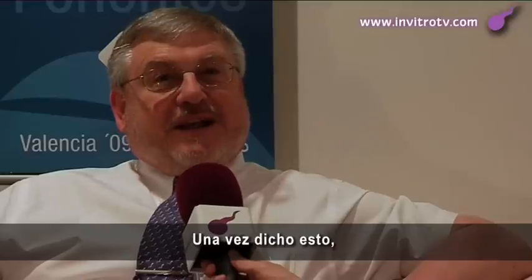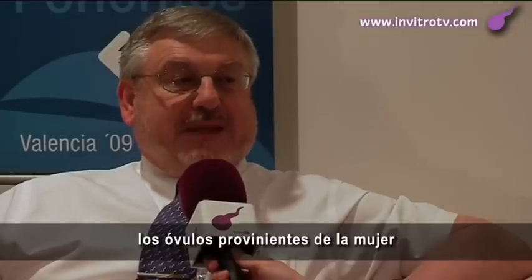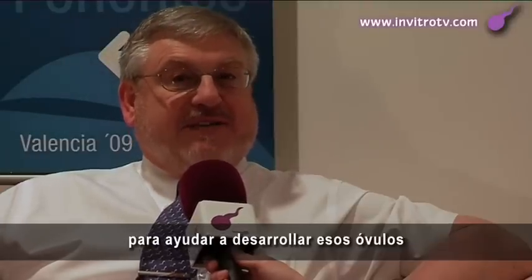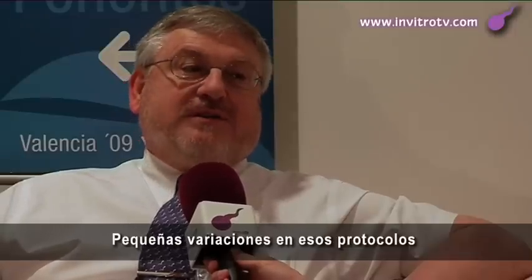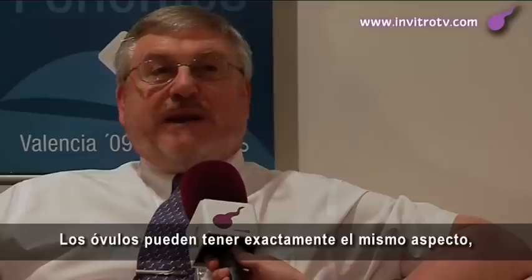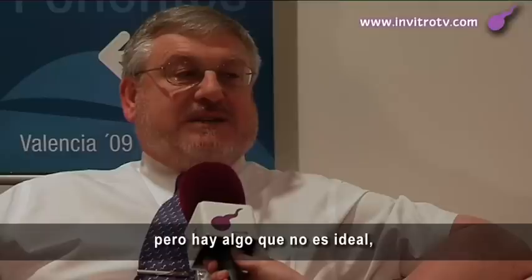Having said that, the laboratory is dependent upon the oocytes, or the eggs that come from the woman, and the stimulations that we use, or that the doctors use to help those oocytes or eggs develop, are very, very important. Small variations in those protocols can have major impacts on the competency of the eggs. The eggs may look just the same. The embryos on the first few days may look just the same, but there is something that is not ideal